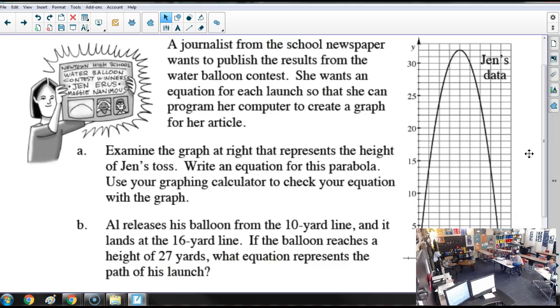Wait, am I counting this right? The vertex, isn't it 4? What are your zeros? Oh, 4, 32 is the vertex. Yeah, because your zeros are 0 and 8, right? So it's got to be at 4. And all of our boxes go by 1. 32. Yeah, 4, 32. Oh wait, so one of the x-intercepts and the y-intercept is 0, 0, right?